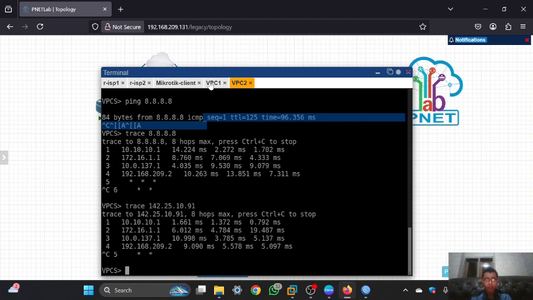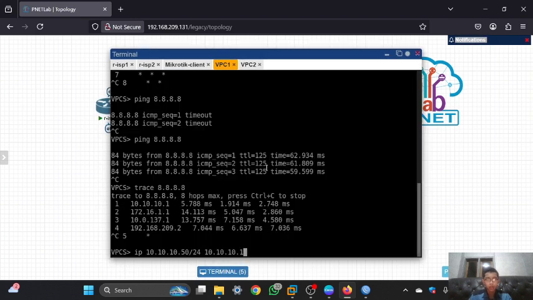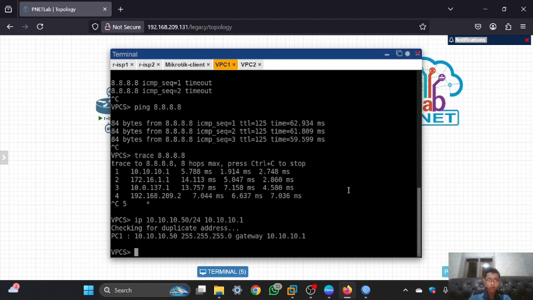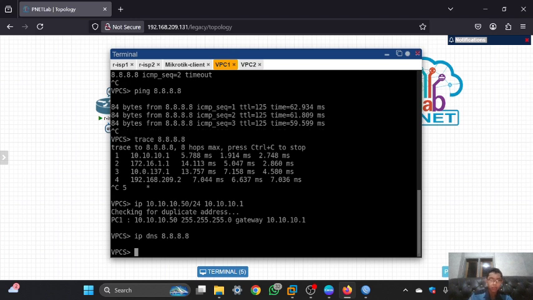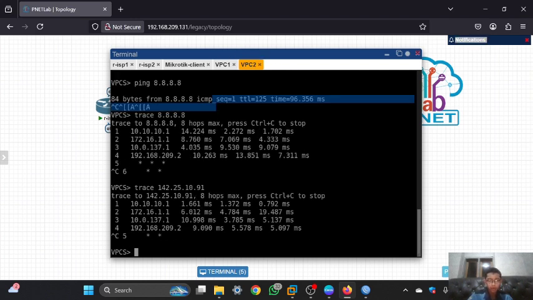I will set the IP in VPC1. And don't forget the gateway. Then you can click enter. And I will set the IP DNS, so it can ping using a domain. And I will do the same thing in VPC2.